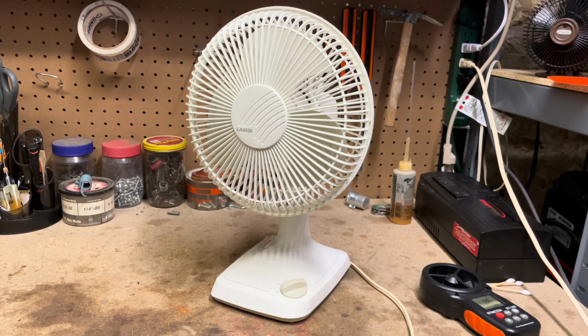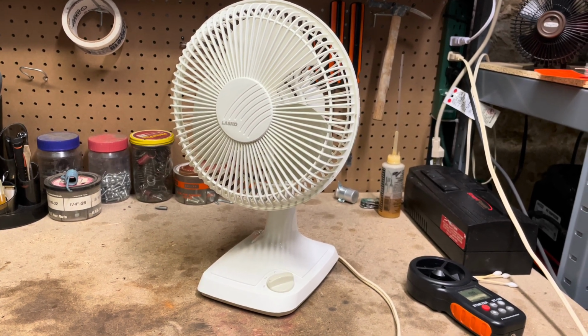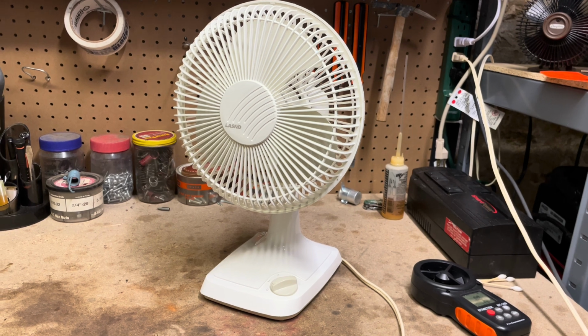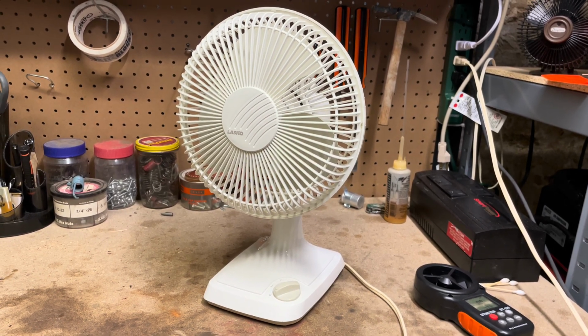Yeah, I think that this is very similar to the new Air King fans. I wouldn't be surprised if it's not nearly identical with the exception of the plastic front guard. Might have to dive into that a little more another time,